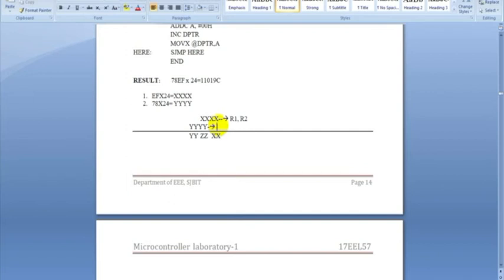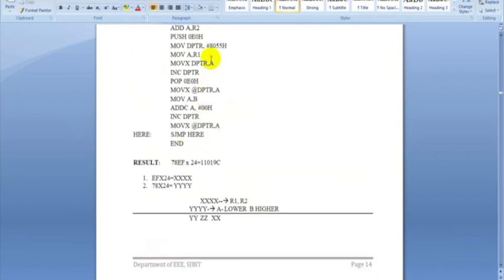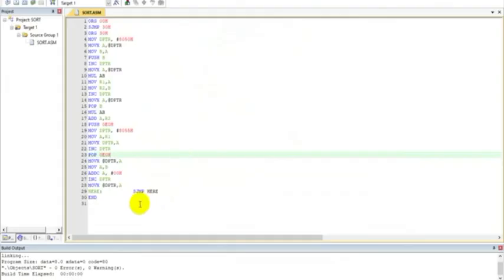Now the results are in A and in B. A has the lower byte and B has the higher byte. We can directly add them and store the results in consecutive memory locations. The memory location I am taking here is 8055, where I will basically store the result. So type in the same program, the same logic here. The file is also added with an appropriate name. I am saving.